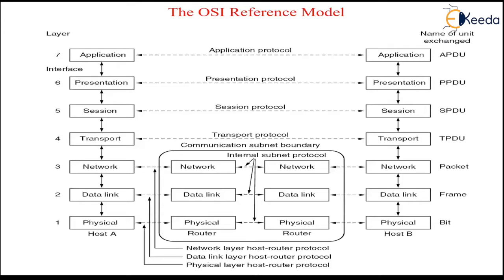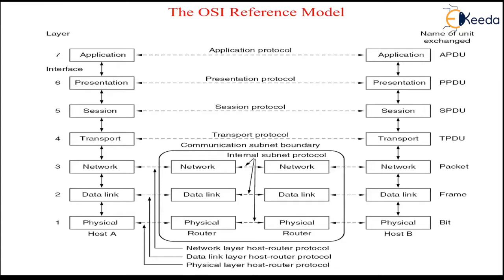If dialogue control is considered, the session layer allows two systems to enter into dialogue. It allows the communication between two processes to take place in either half duplex mode or full duplex mode. As far as synchronization is considered, the session layer allows the process to add checkpoints or synchronization points to a stream of data. For example,